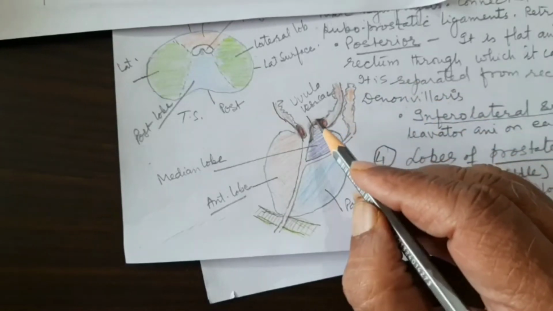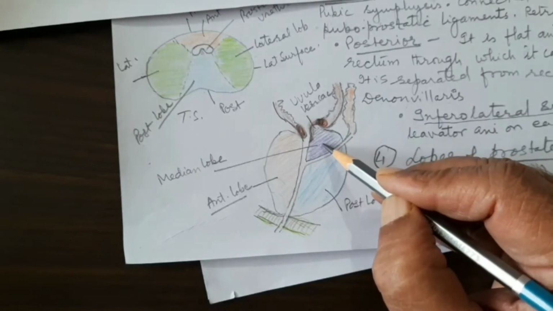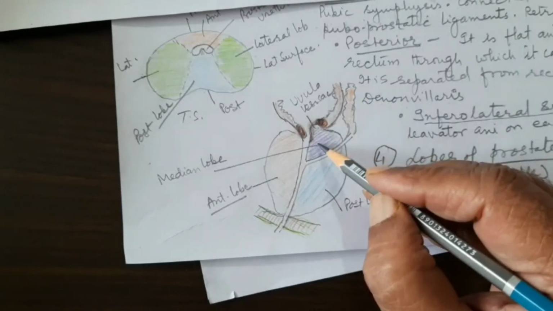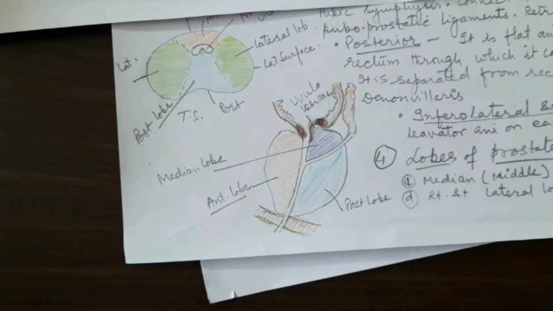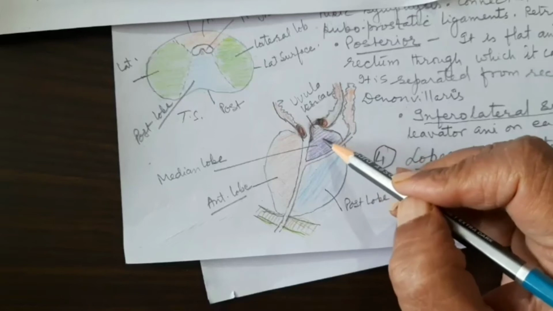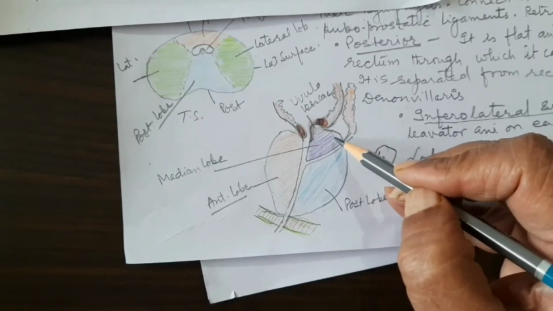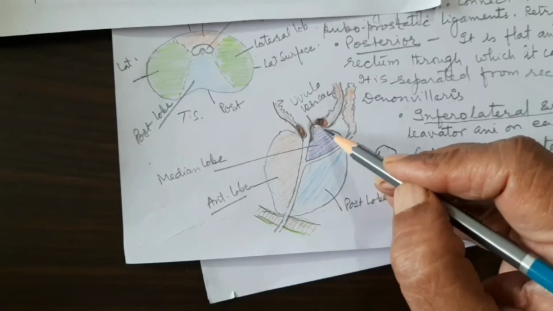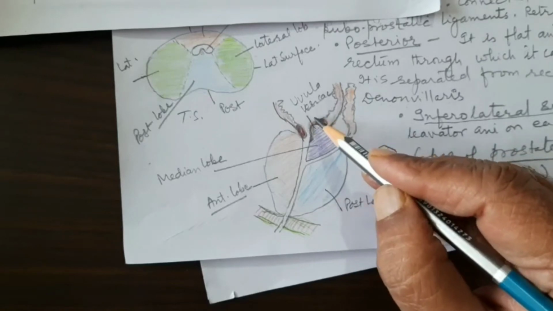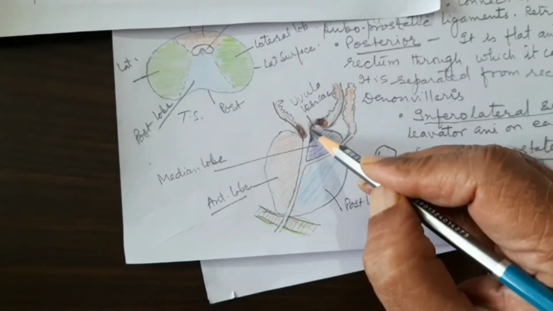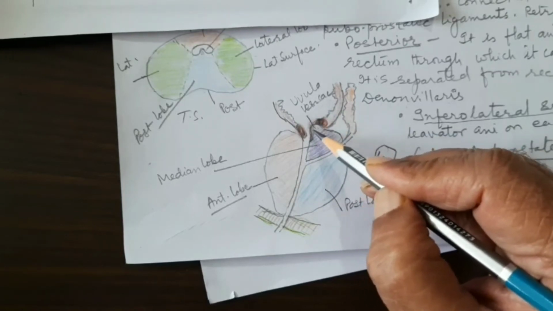This is that projection. Now this median lobe or the middle lobe contains many glands. These glands enlarge after 45 years of age in a male, and then they produce a lot of problems. Their enlargement produces a swelling, an adenoma of the gland. They become enlarged, and then the uvula vesicae becomes still larger and goes inside the bladder, through the sphincter.